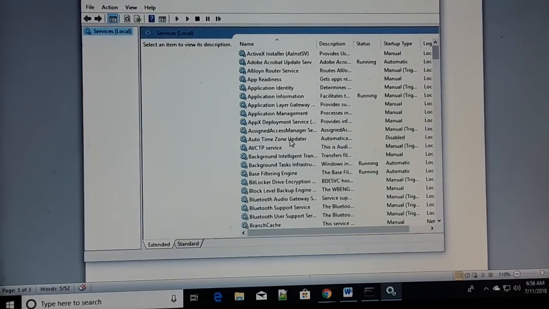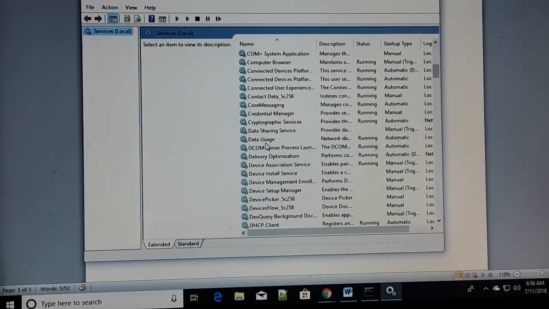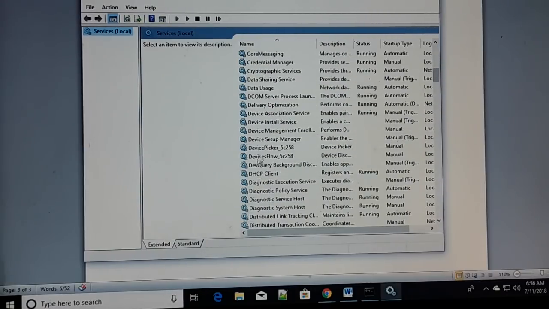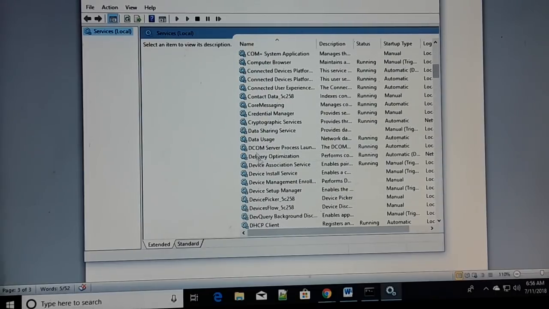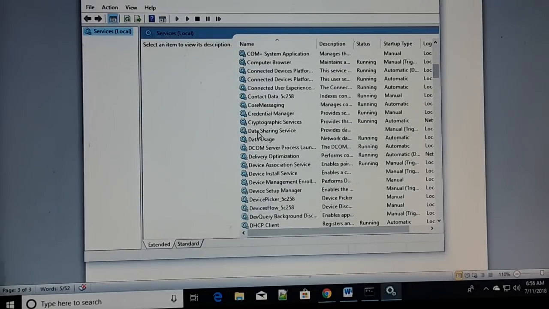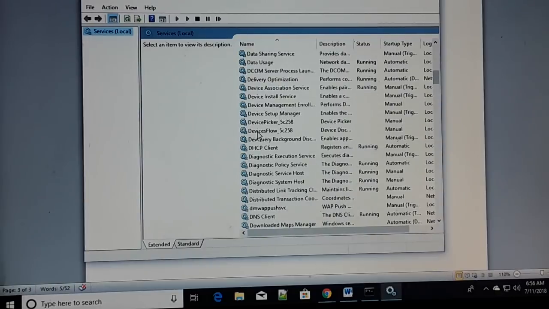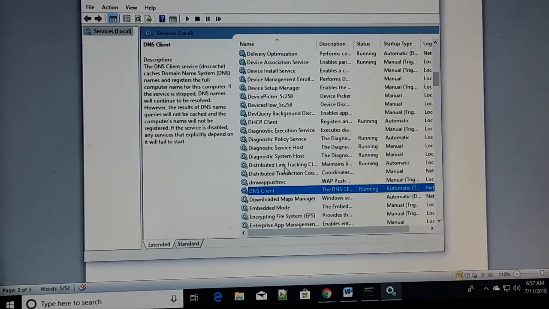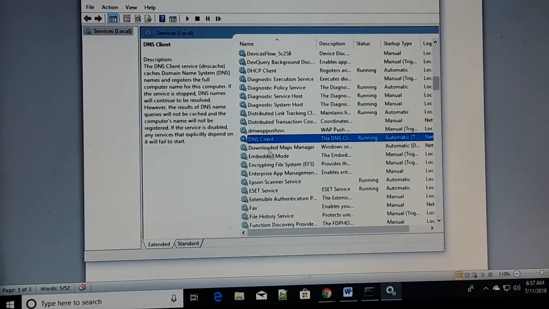You'll see this. All the items are in alphabetical order. Come to the letter D, and here you have somewhere DNS client. Here you go, DNS client. So watch it in full screen, everything will be visible. So select that DNS client,